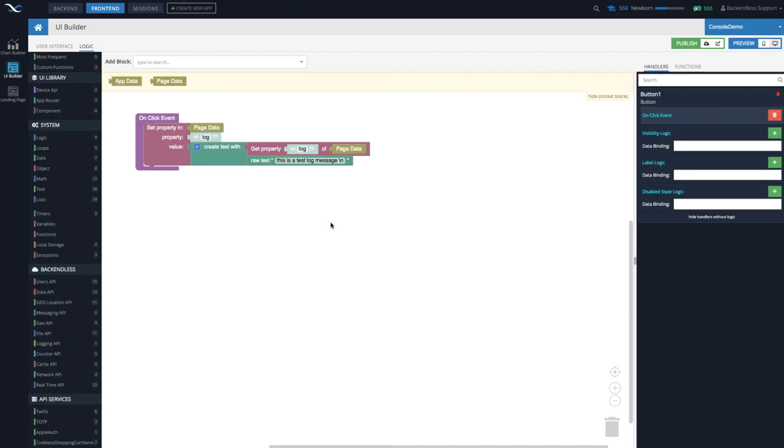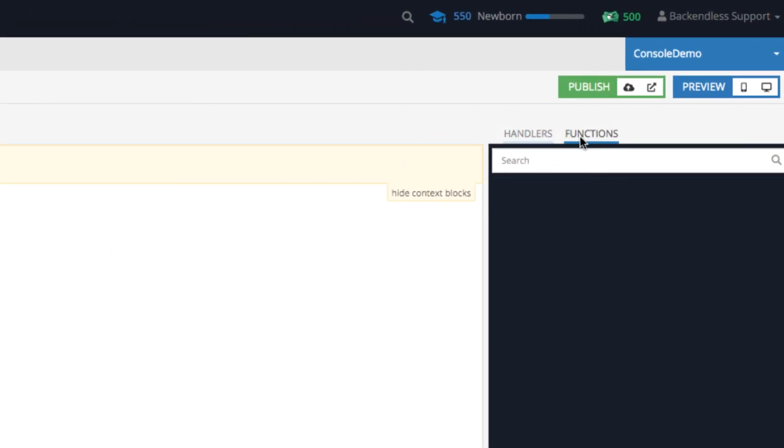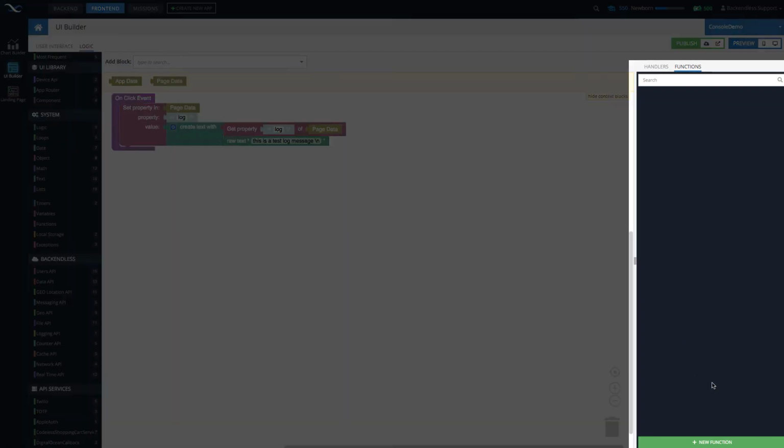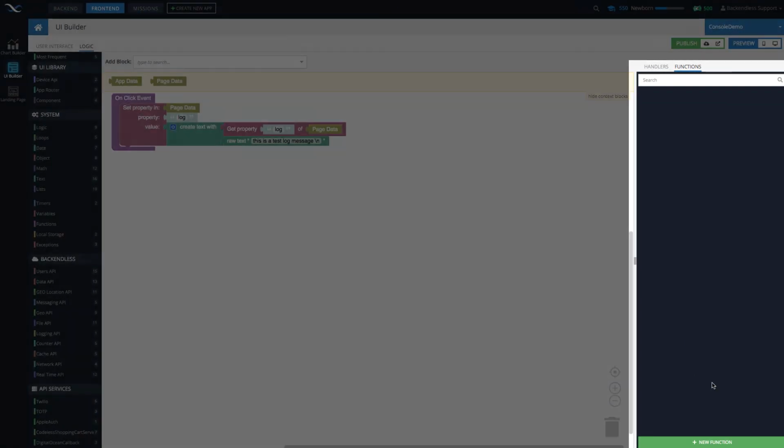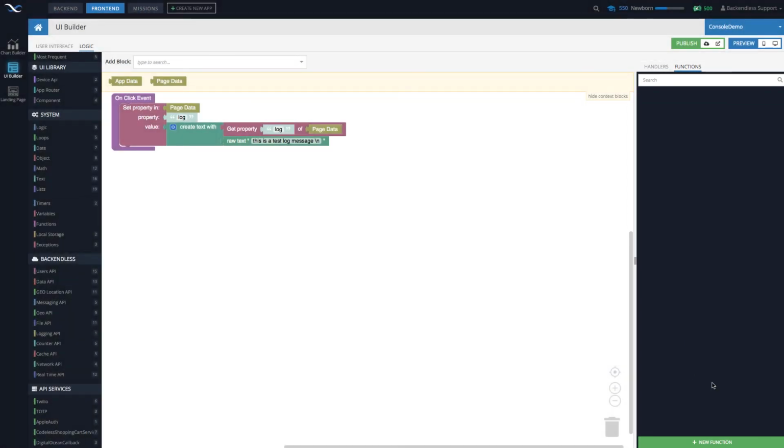And to make it useful across the board for other parts of the application, we don't want to repeat this logic every time in our applications. Instead, we'll use a feature in UI Builder Codeless Logic that is called functions. If you click on this, in here there will be all your functions. What are functions? Functions are reusable parts of logic that you can use from anywhere inside the logic of your application.